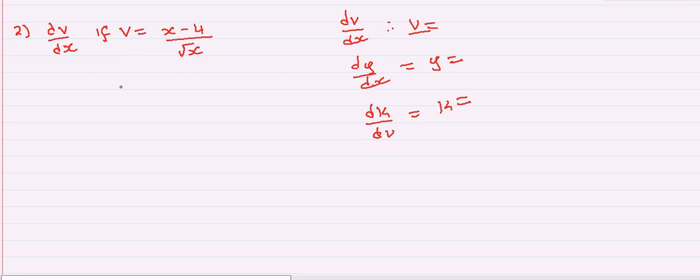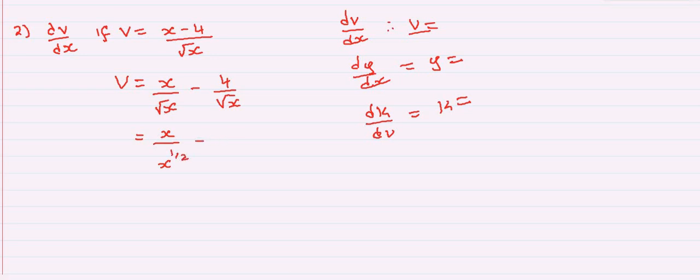So v is the same as, since the lowest common denominator is the root of x, x over the root of x minus 4 over the root of x. If we have roots, we simplify them as exponents. This is x exponent 1 over 2